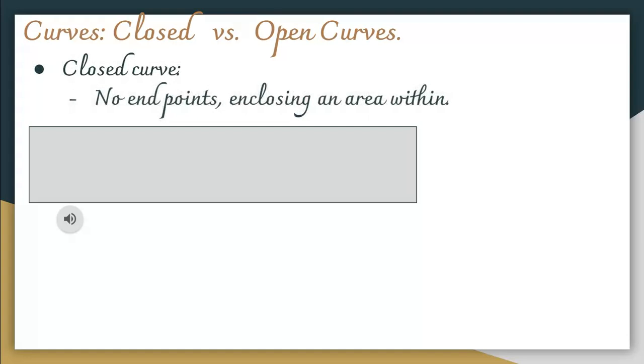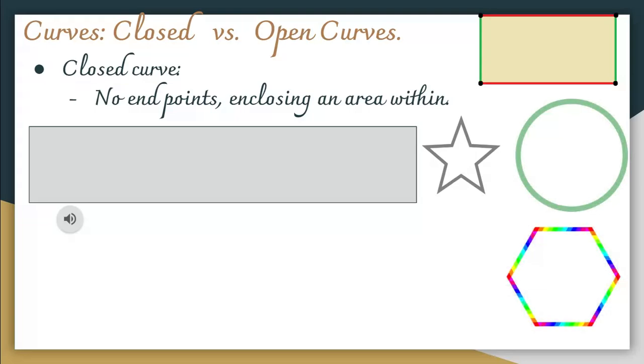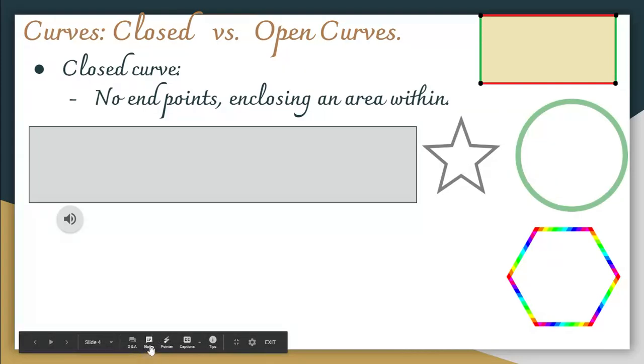So look at these shapes. What do you see in all of these shapes? You see that there is no starting and end point. You don't know from where it started because we can't determine that by looking at this, right? At the same time, there is some area included within it. For example, this is the area enclosed here, and this is the area enclosed in this figure. Basically, these types of shapes form a boundary. So we enclose the entire region within that boundary. So these are called closed curves.